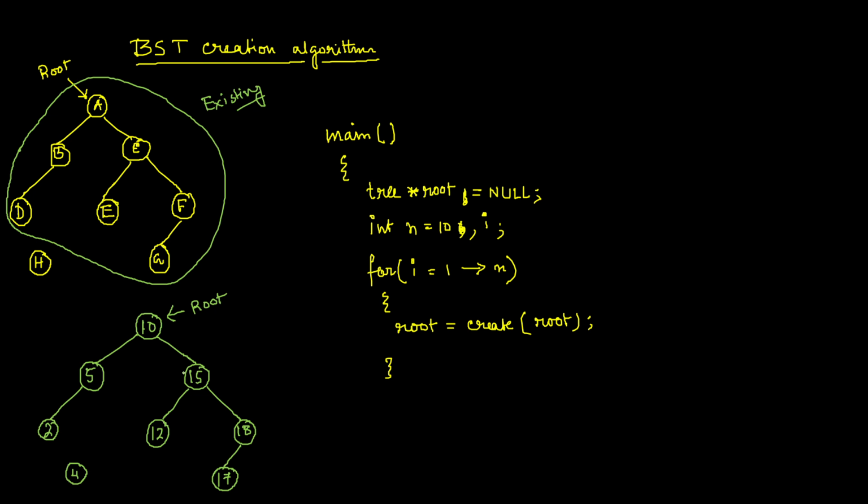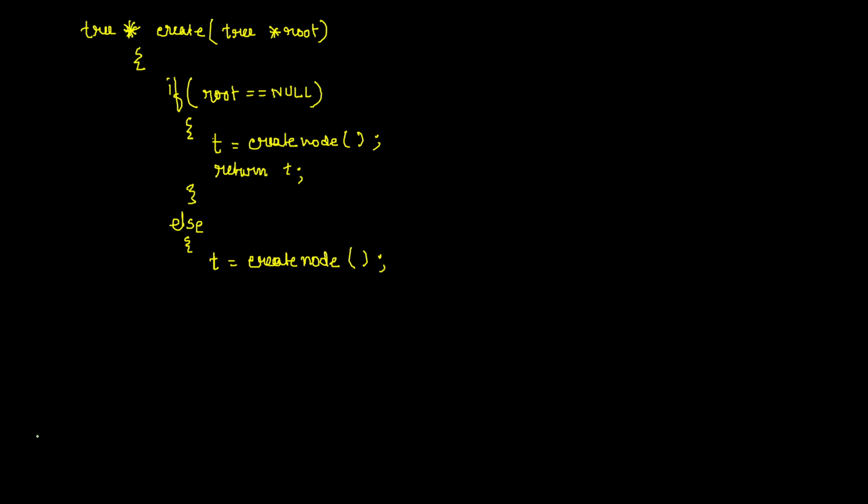Anyway, so one thing is clear, that we will start checking from this root, and then we will take decision in which side to go, and it will continue till I reach the leaf node, right? So that means one thing I can write over here in this part, there is a loop, that is very sure. We must have a loop. The question is what is the criteria of this loop, right?